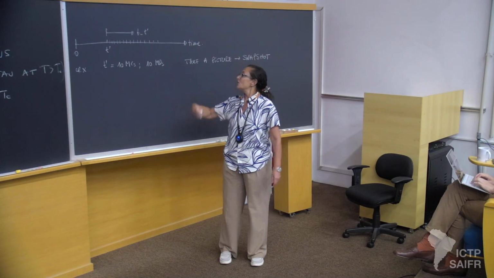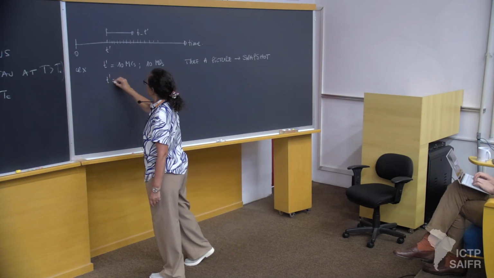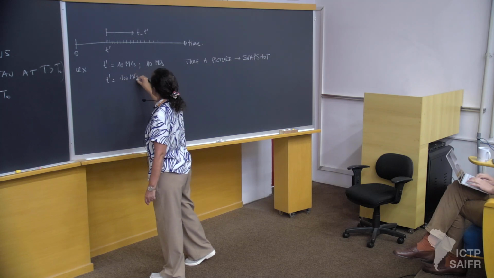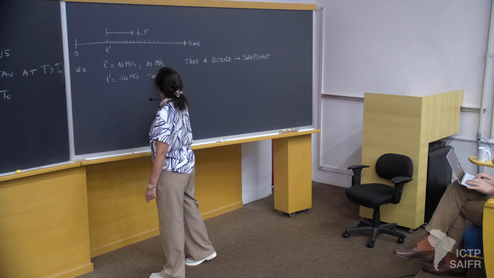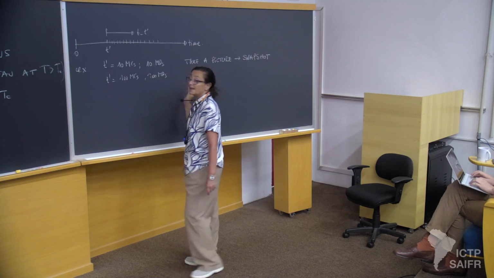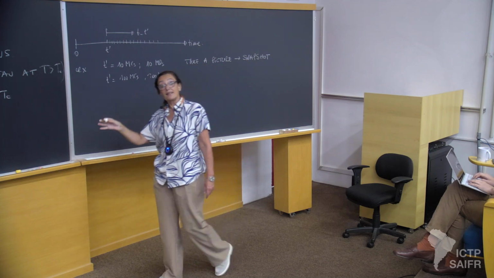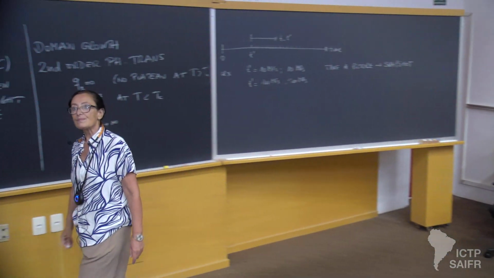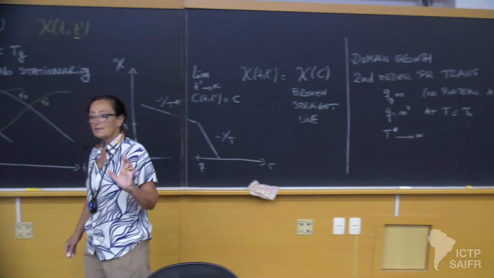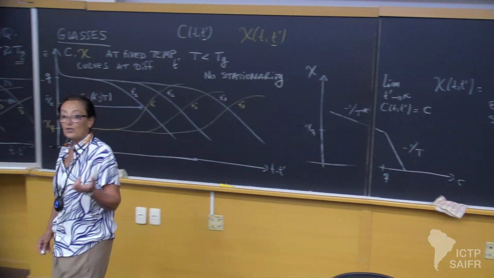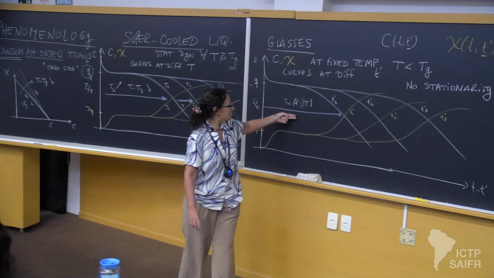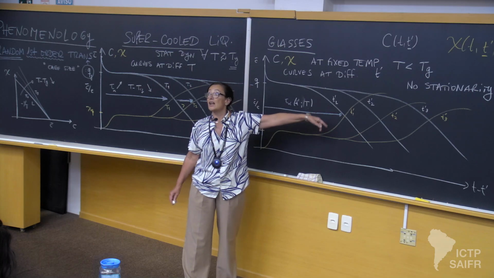And then you repeat for another T prime, which is 100 more Monte Carlo steps, or 100 MD steps, and so on. And what you will see is that the decay is different. Okay, so this is for what concerns the decay of the correlations and the increase of the